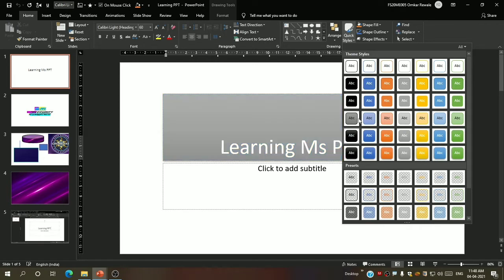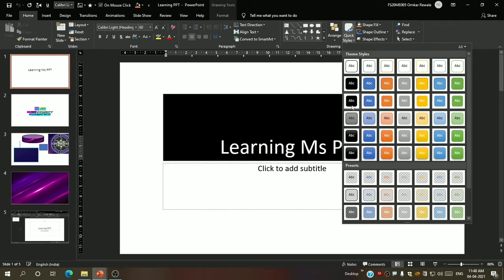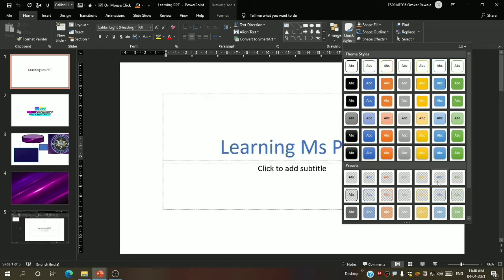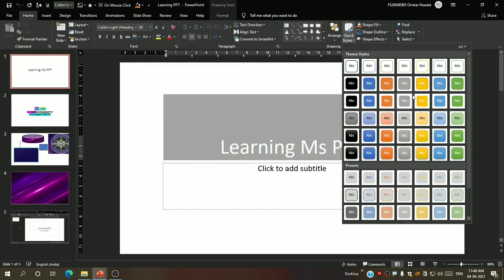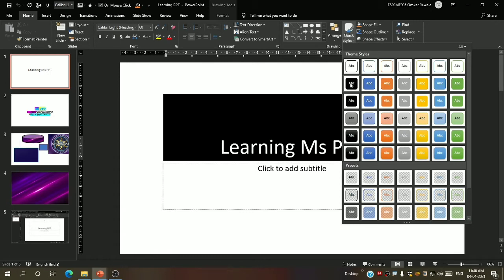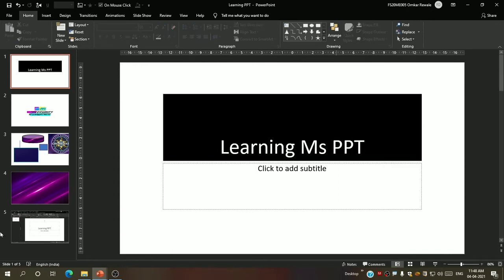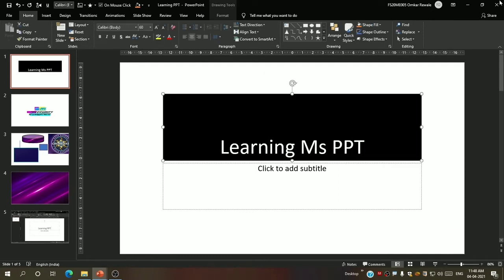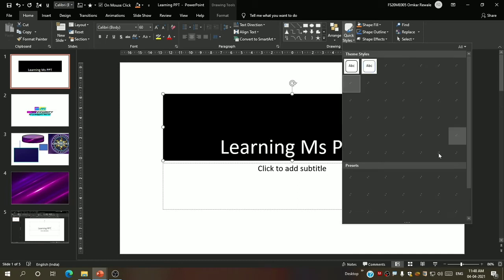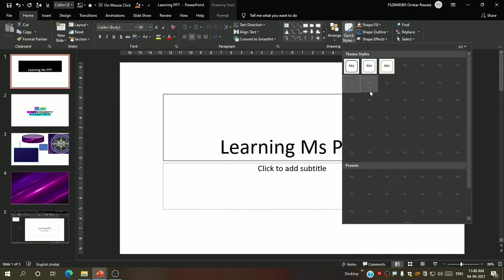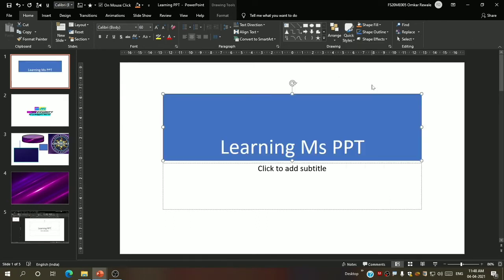That's why we are provided with these quick styles. There are many quick styles, and you can apply any one out of them. Let me say I am applying this one. Okay, so these are known as quick styles. There are again presets. I can apply something different. Okay, this. So this was all about the quick styles.